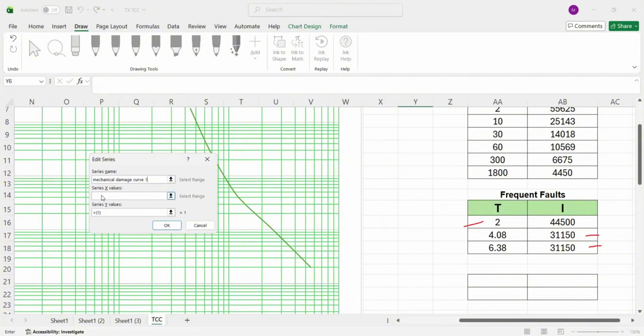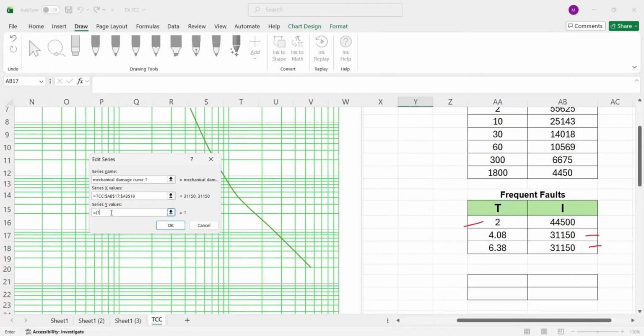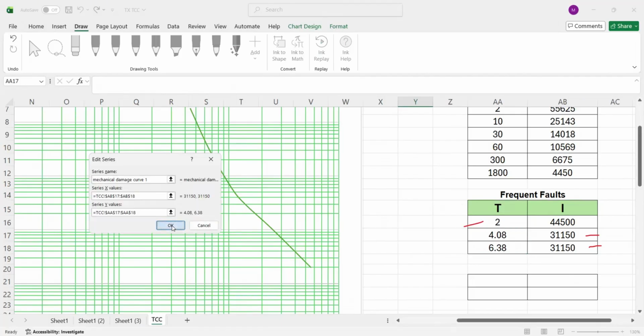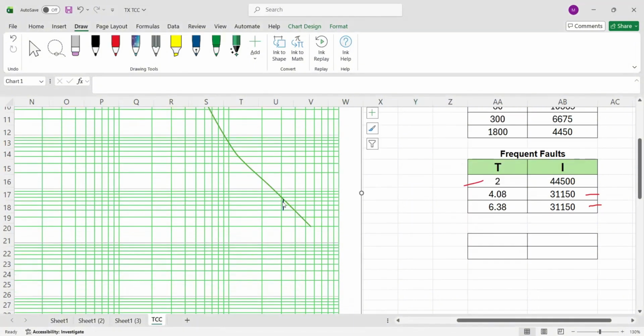From the X series, so the current, which is equal at 31,150, just highlight these two currents, and the Y is the time, so from 4.08 to 6.38. Click OK, another OK.